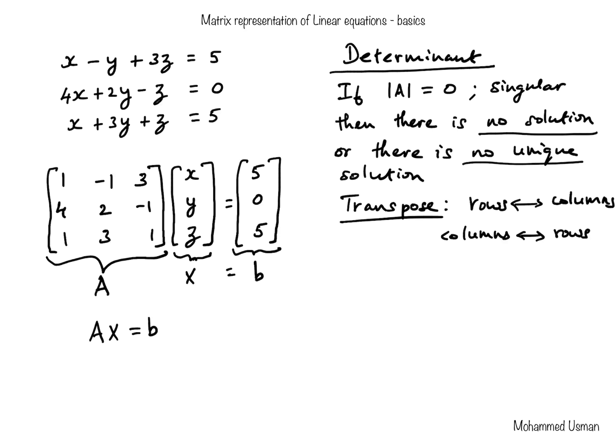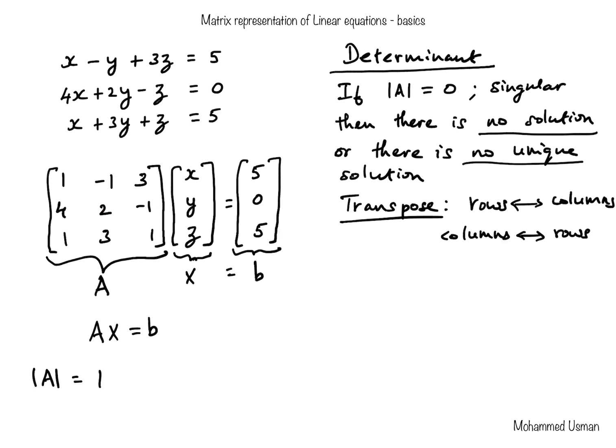So let us quickly find the determinant of the matrix A and see what we get. I'm going to use the first row in computing the determinant. The first element here is 1. Then we close out the row and column, the first row and the first column where that 1 is present. So we are left with these 4 numbers, which is 2, minus 1,